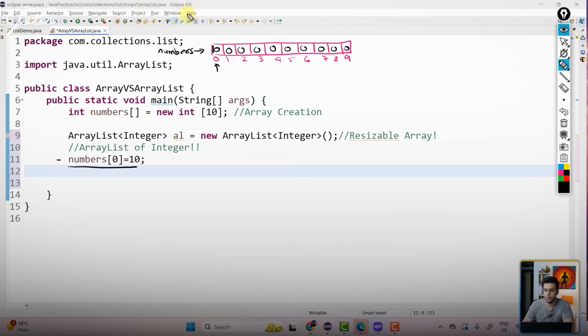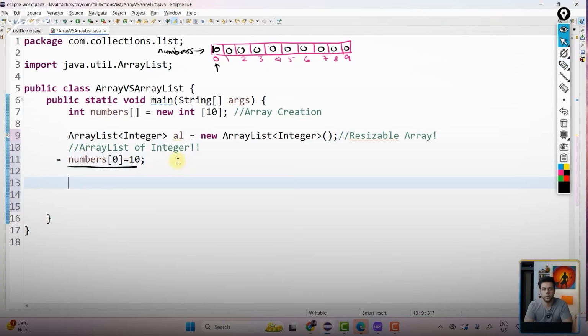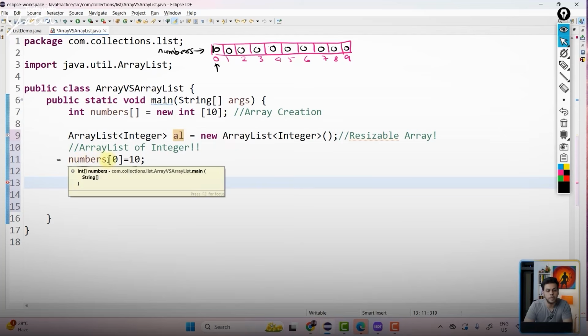Perfect. Now let's go ahead. I want to store something in the array list. How can I do that? al. Now this array list reference, I'll be using it. When you were accessing the array, you were using the numbers reference, right? This is the reference for the array. So that's the reason numbers[0]. Now I want to add something in the array list.